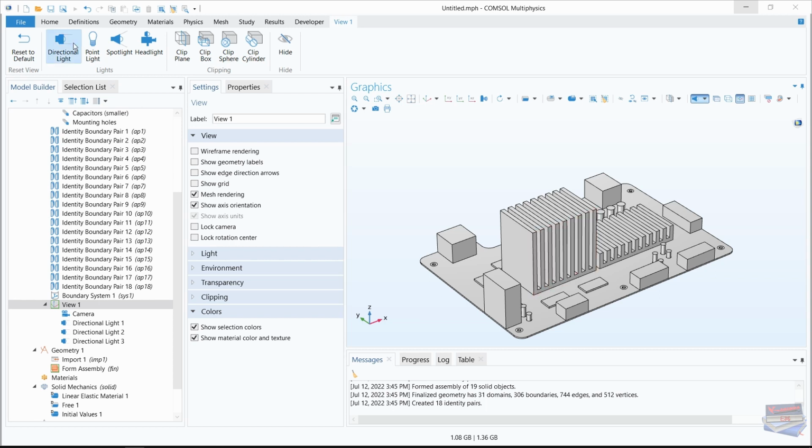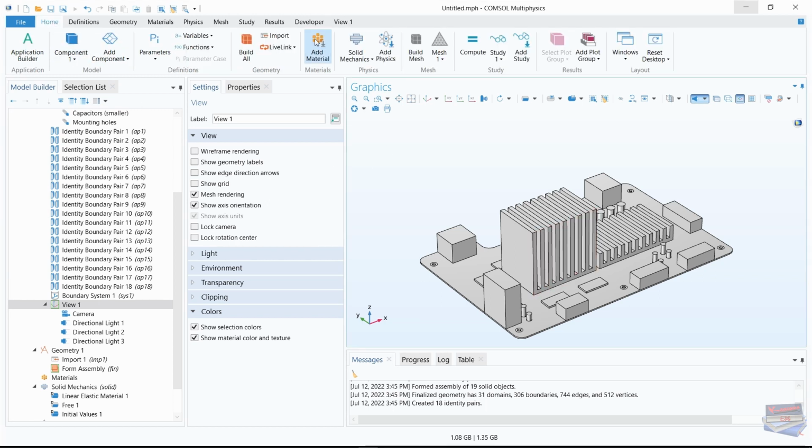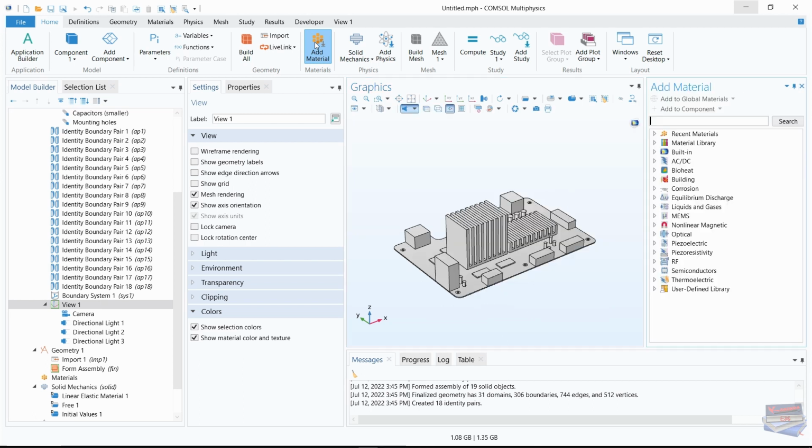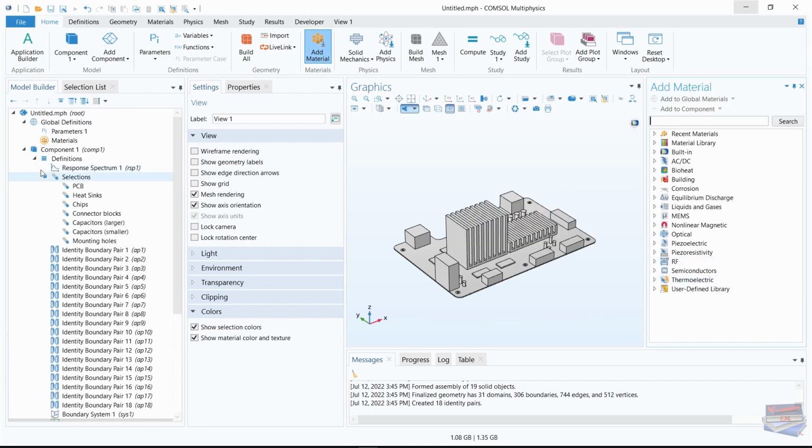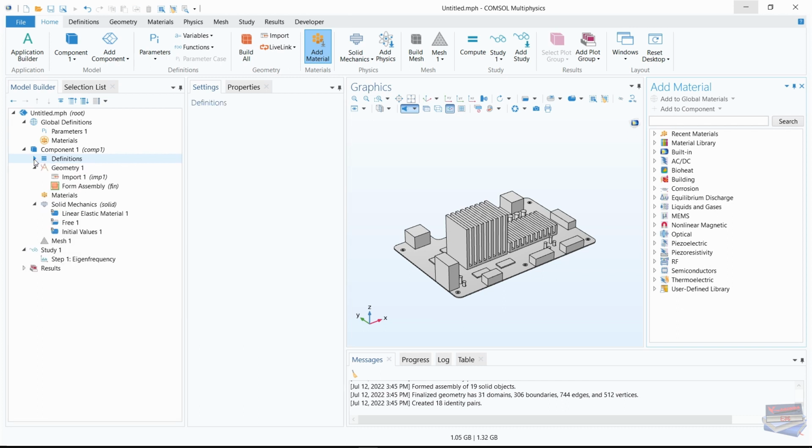Okay, let's navigate to the home toolbar. Let's select add material. Before we go any further, let's close our definition. Let's close our geometry, and let's close solid mechanics for now. Keep everything neat, also study. Okay, so let us go to our add material